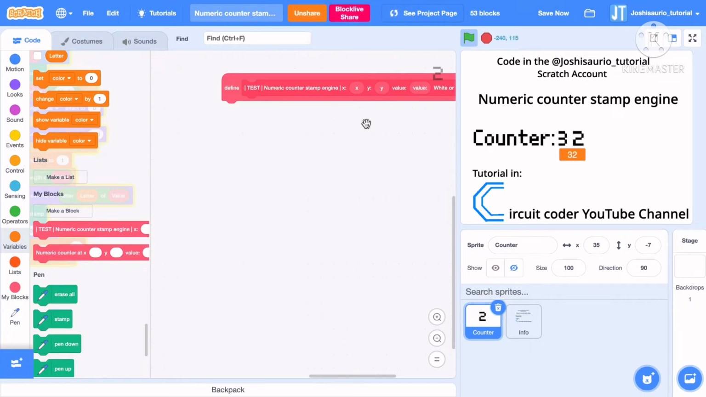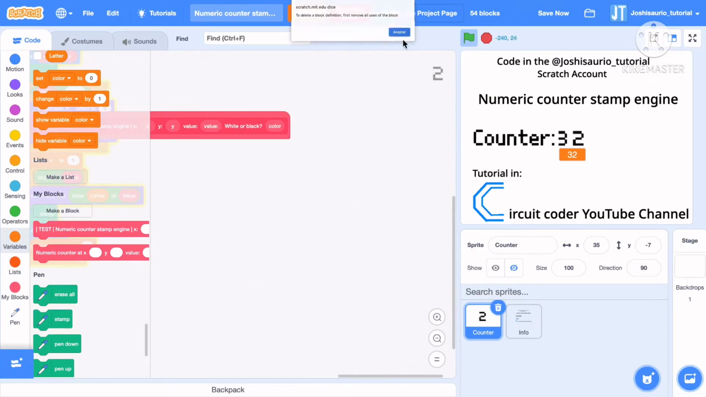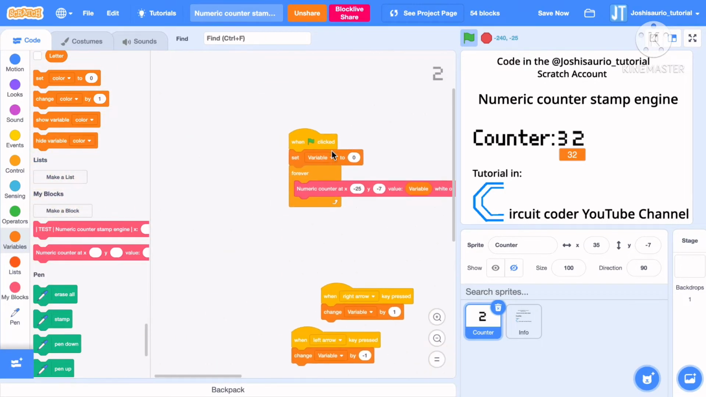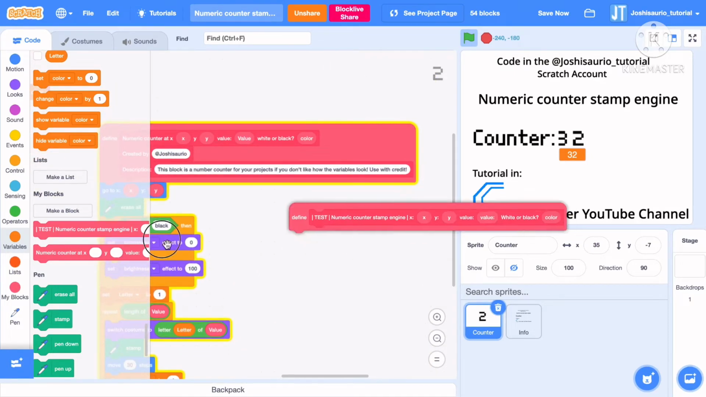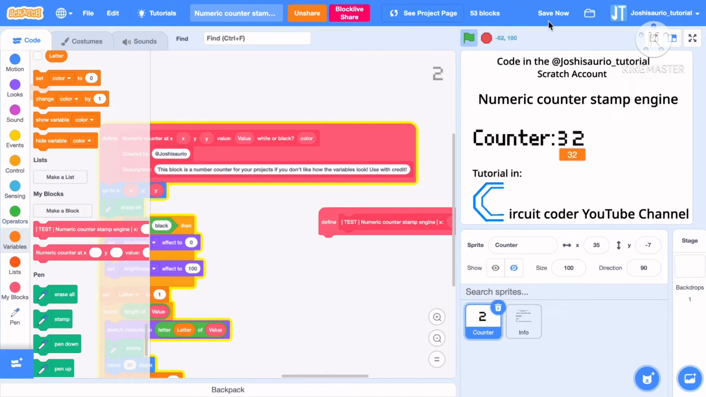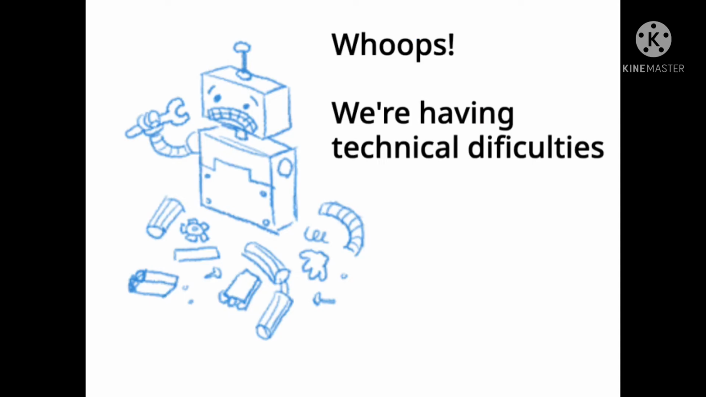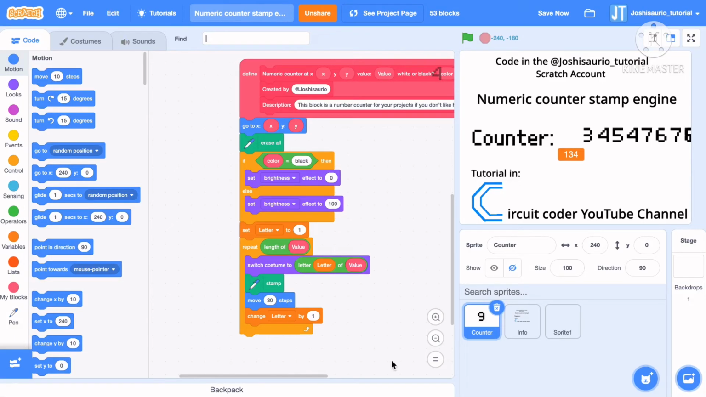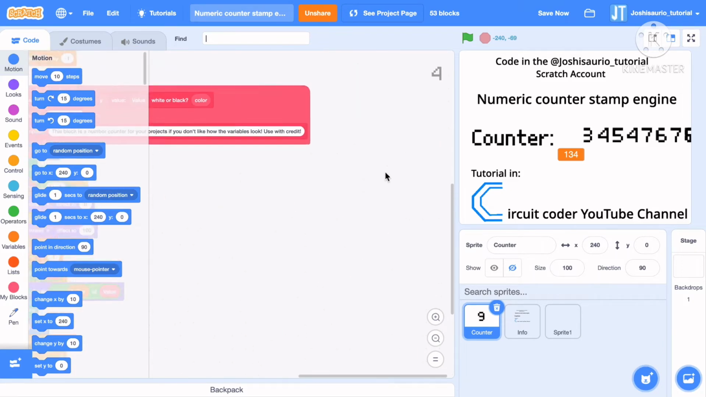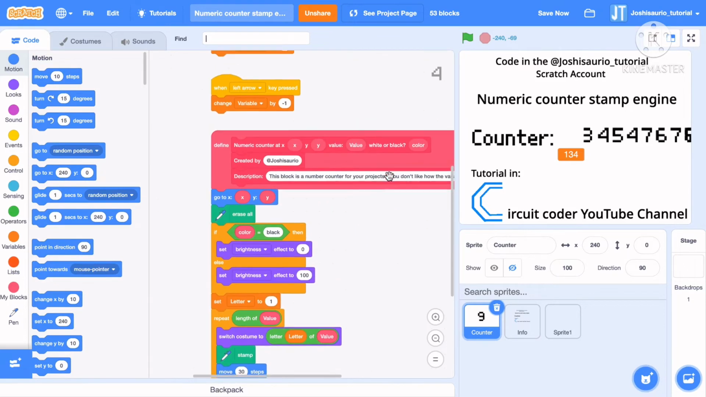Now, but I removed all the uses. Well, I don't know what happened here. I think this must be a bug. I'll be right back. Now, anyway, now that I've deleted the block, finally, I'm going to show you